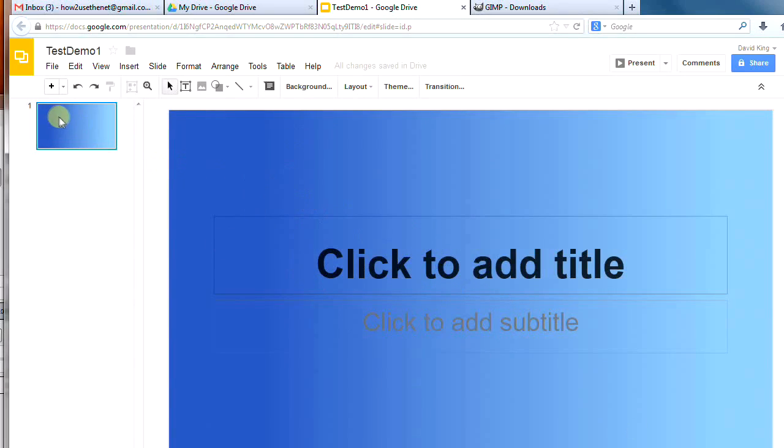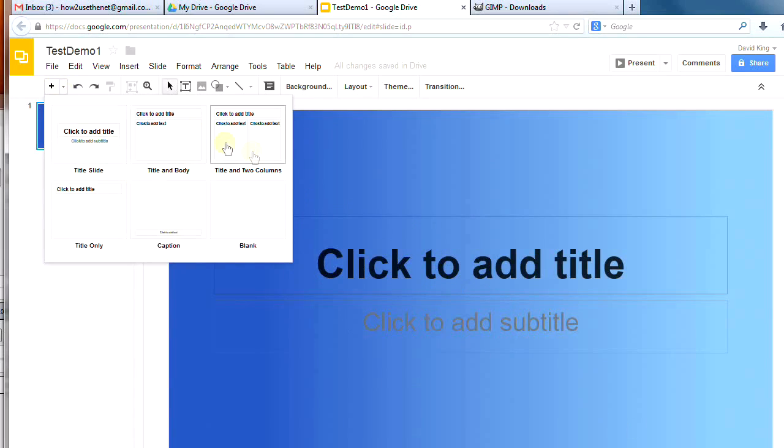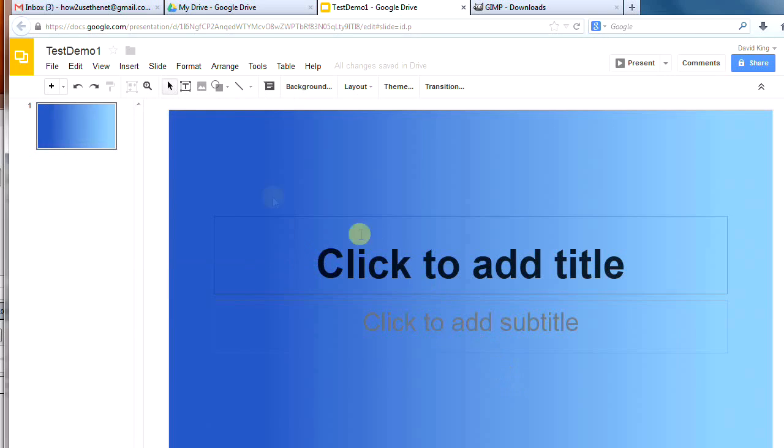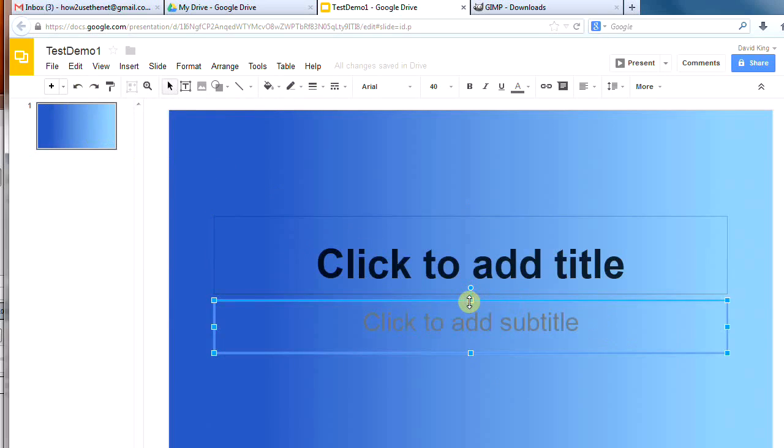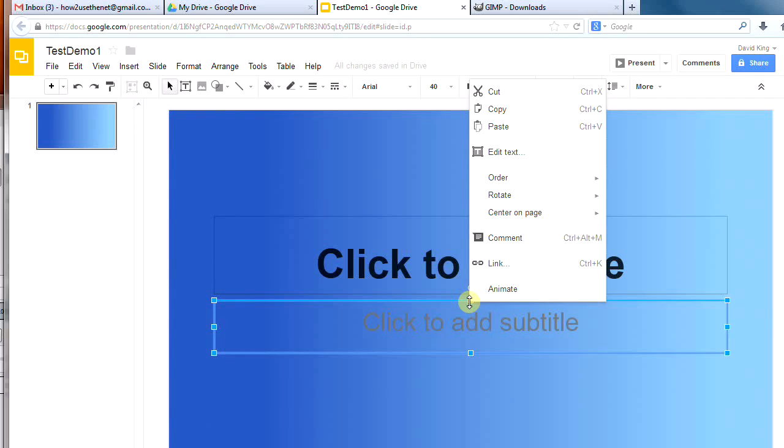Now I can change the format or create a new slide with a different layout. What I usually do is just modify one and then duplicate it as I go. So if I just delete this,